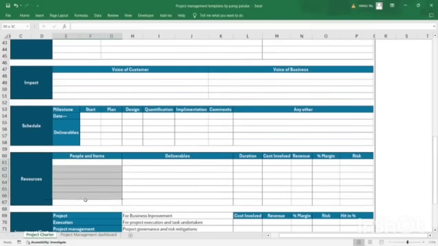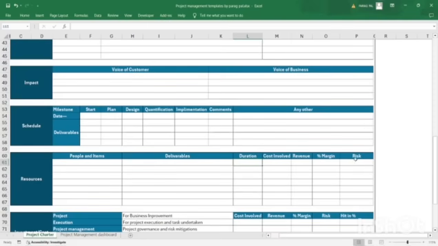What are the resources going to be used? There might be hundreds of resources working. So you can give an appendix over here, refer to Appendix A, and attach the appendix to the project charter, stating please refer to Appendix A, and prepare the same columns over there. You can define the importance of the resource irrespective of the deliverable, their duration requirement in terms of hours or months, what their cost involvement is, how much revenue you are obtaining from them, so margin and the risk. If someone like a principal engineer or the team leader left the business,